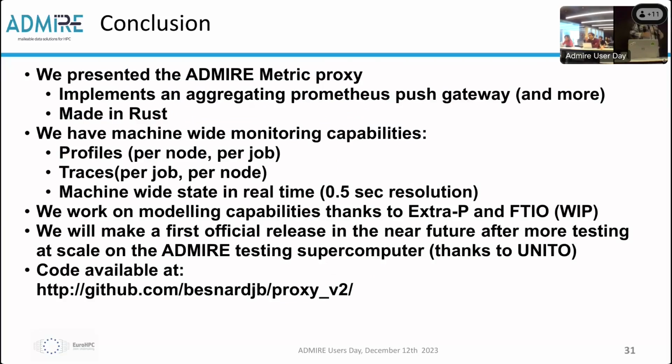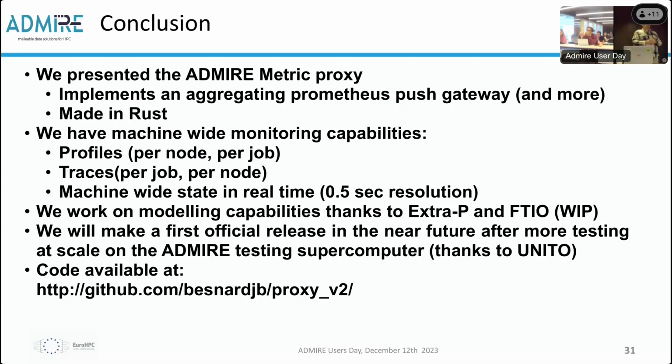So I presented you the Admire proxy with a small demo. What it is: it is an aggregating push gateway for Prometheus with some extra features linked to HPC, so the ability to quickly collect metrics from short-running programs and such. We implemented it in Rust with a lot of advantages in terms of implementation. We have no machine monitoring